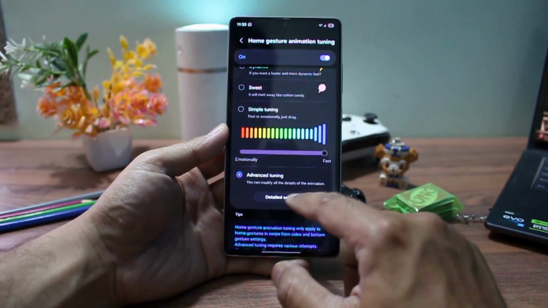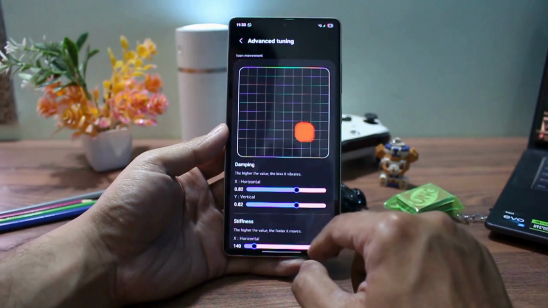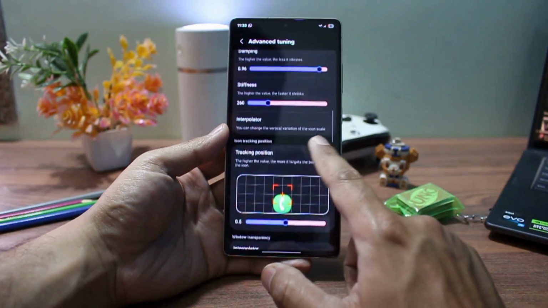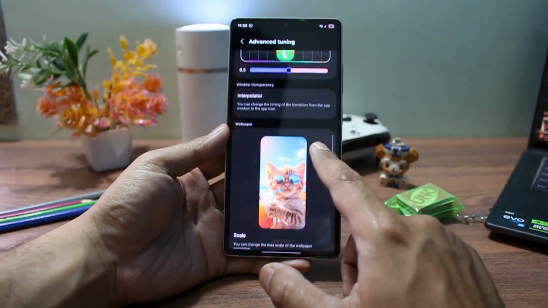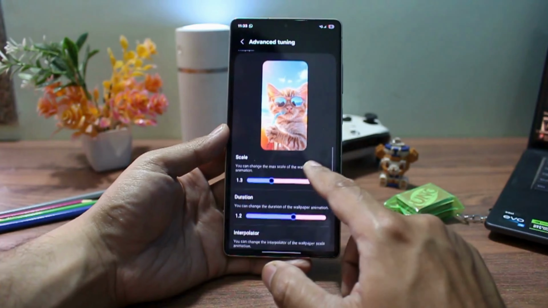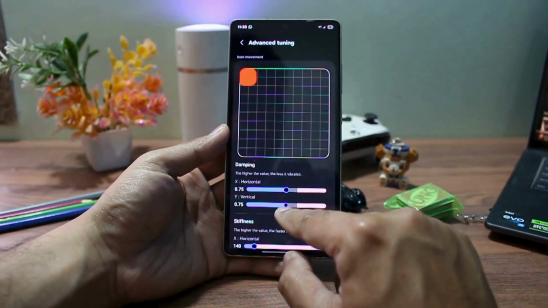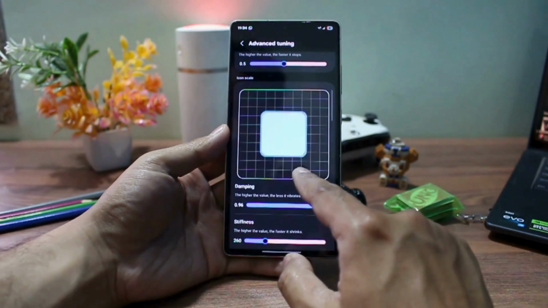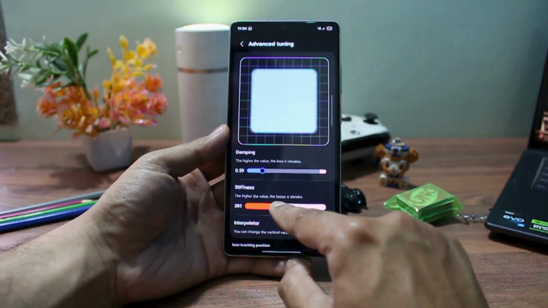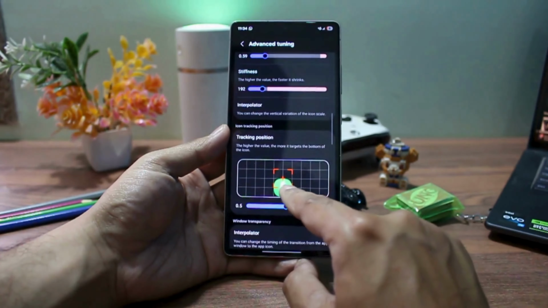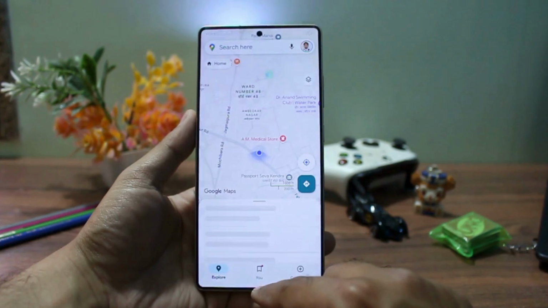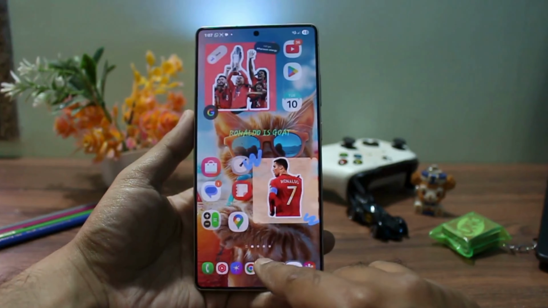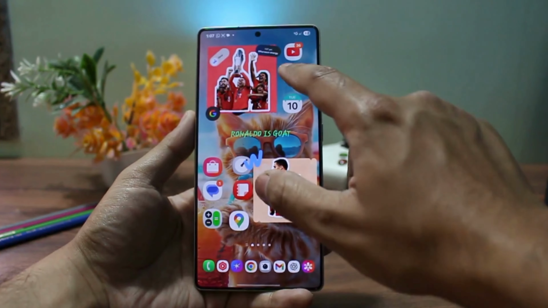But if you go into advanced tuning, this is where things get really crazy. Now this is absolutely nuts, because in here you can literally change the animation of basically every little gesture or motion on your phone. Wow. Honestly, the best thing to do is just go nuts, play around with all the different settings and features and change everything to see what it does. Because I played around with this and here is the type of motion effect I got with my apps and widgets. This is just too cool and we're only getting started. There are still plenty of tricks left.